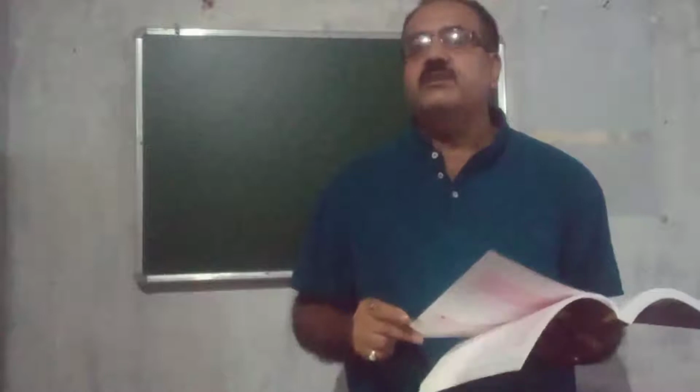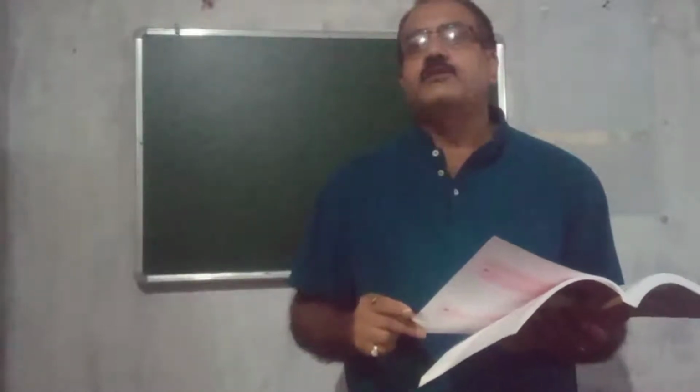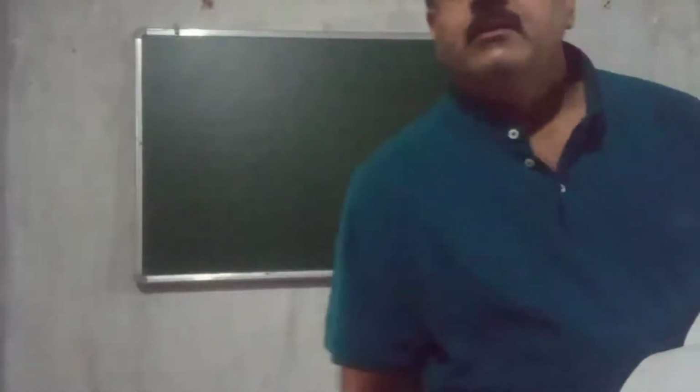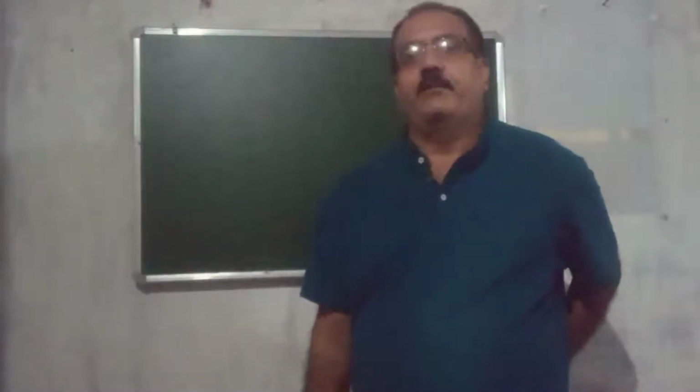So whenever these values, 0 degree, 30 degree, 45 degree, 60 degree and 90 degree, are given, you have to put the value directly in the question and simplify. That will be your final answer. Yesterday I explained how the values of sin 30, cos 30, tan 30 and sin 60, cos 60 and tan 60 come. Today I am going to explain this 45 degree: what is the value of sin 45 degree, cos 45 degree and tan 45 degree.